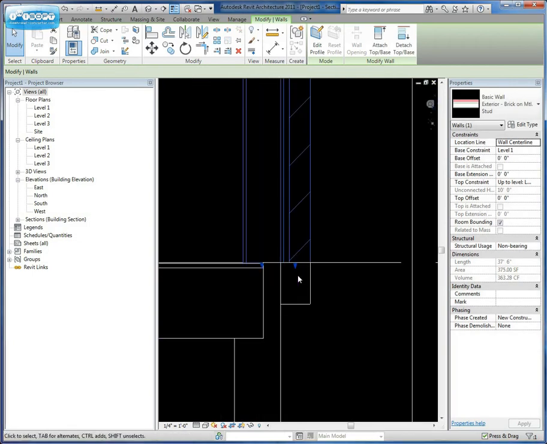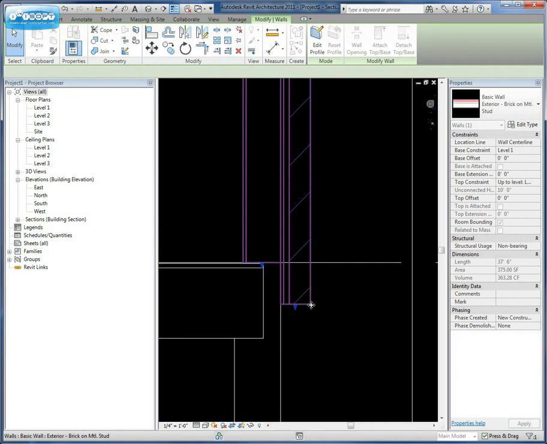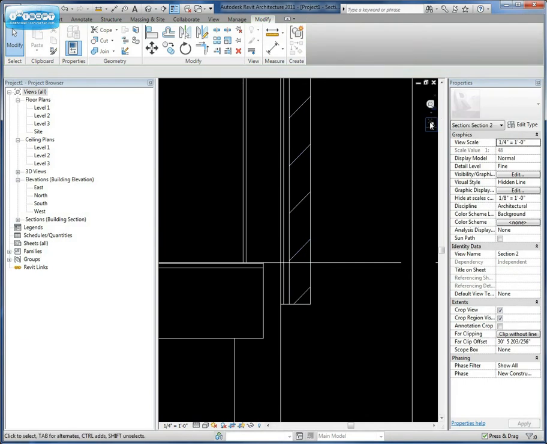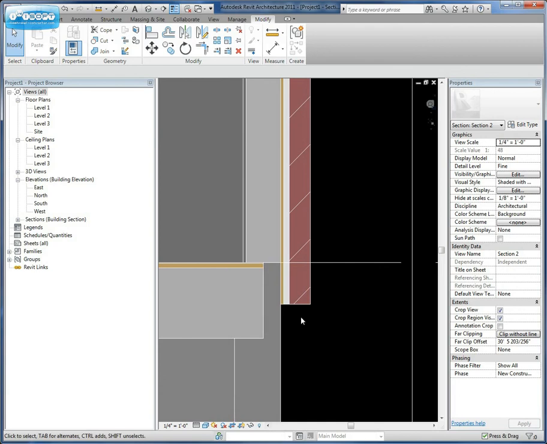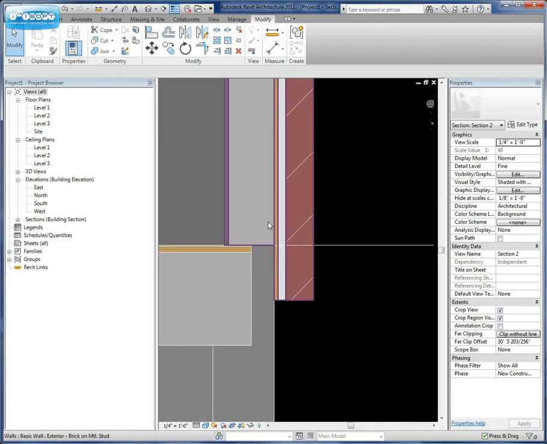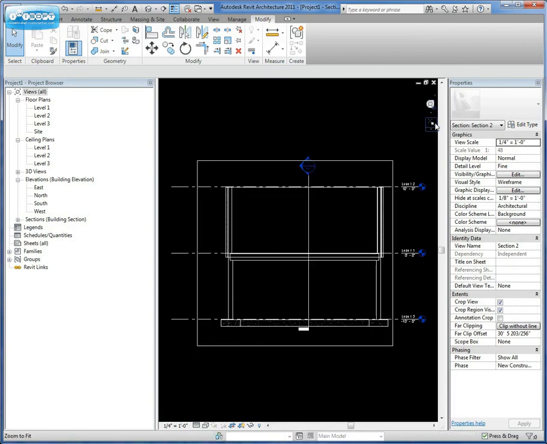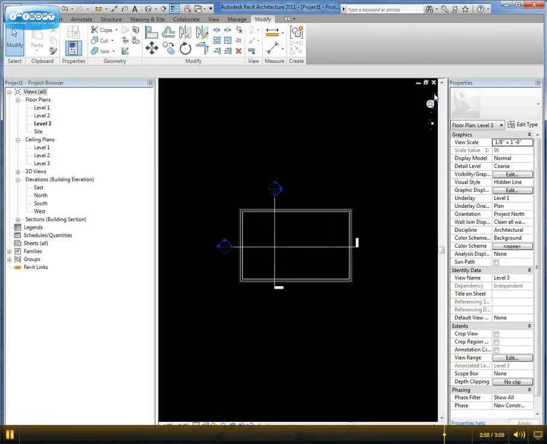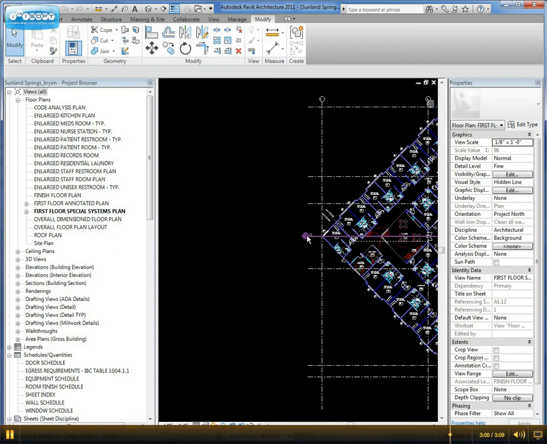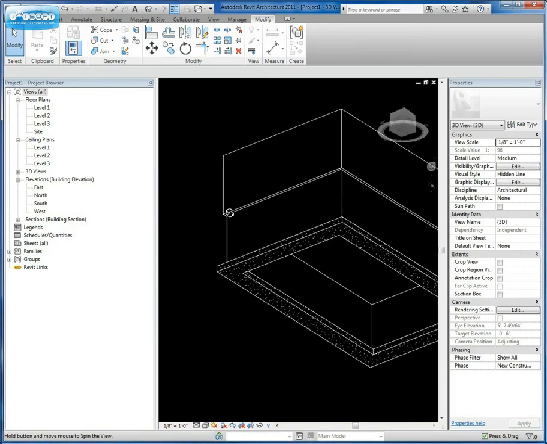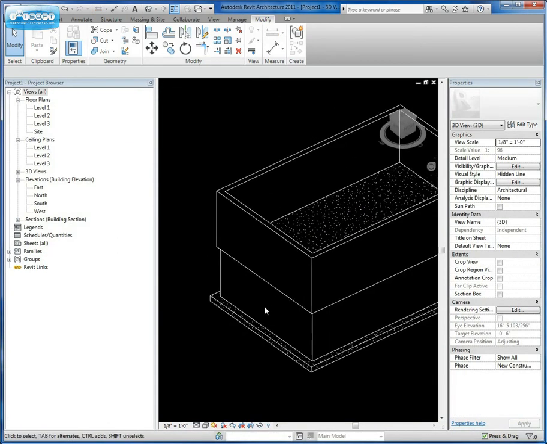And again, we want to come through and put some reference lines or something like that so we get a precise depth. But the point is that you can see here, and we'll go ahead and put some coloring in there, so you can see that our wall, even though part of it may stop at the first floor, in actuality we can pull the exterior face of that wall down just how they would do it in the field. So when we look at this in 3D, we see that we have a nice clean perimeter around